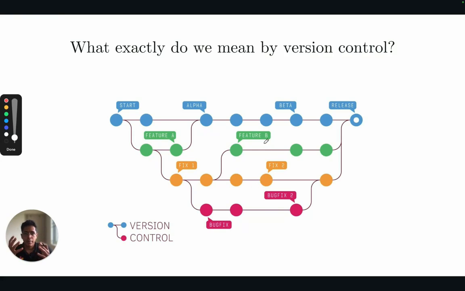So this is what we mean by version control in the context of software development or coding, where there are multiple versions of the code base existing at any given point of time. So each of these is a version of the code base with some changes. We can call these checkpoints or milestones. Something is different between the code base at each of these points.